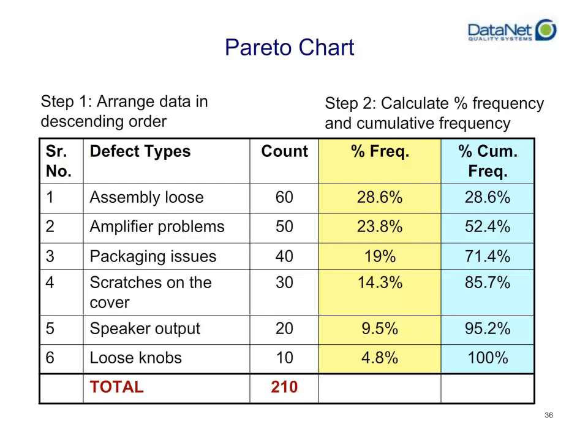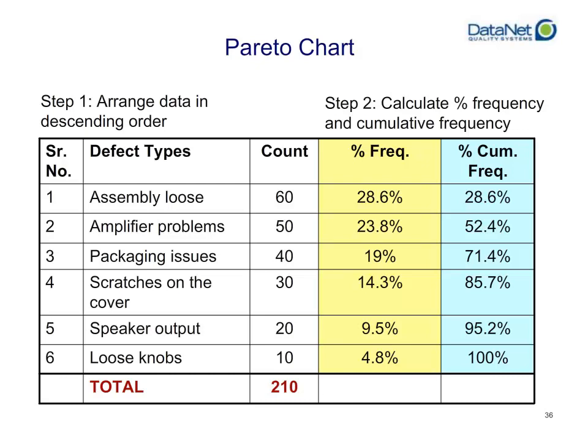So first thing would be 28.6, that's the assembly loose. Then you'd add 23.8 from the amplifier problems to the cumulative frequency to give you a total of 52.4. Then you'd add the packaging issues as 19% and sum that with 52.4 to get 71.4%. Take the 14.3% of the scratches on the cover and add that to the cumulative frequency, give you a